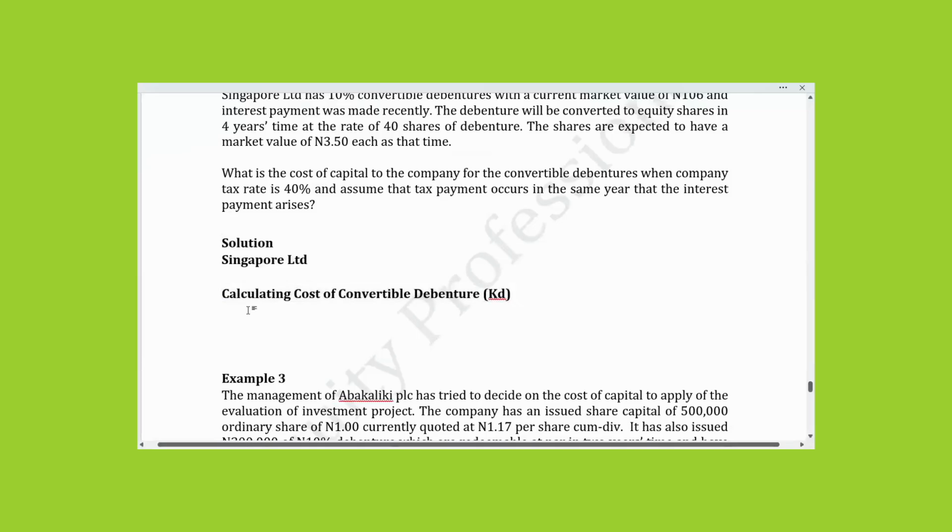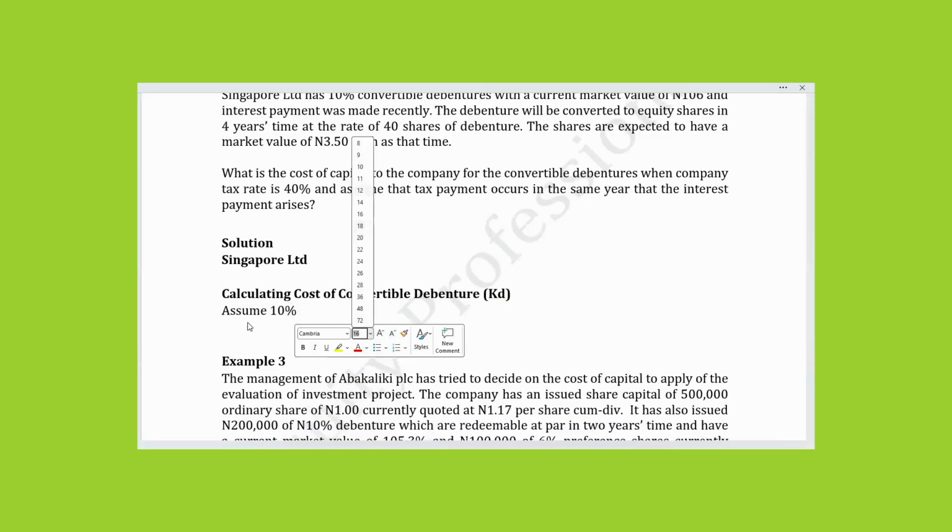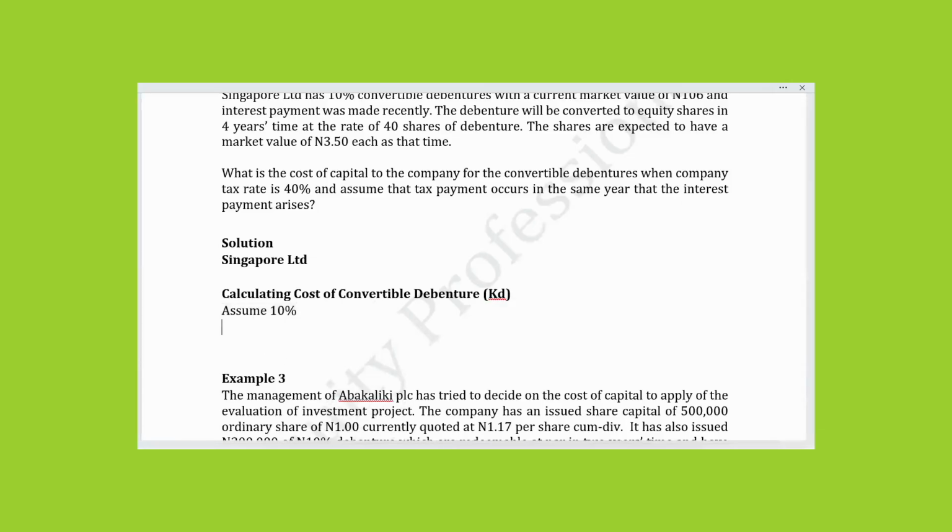So remember, we said that the first step you are going to do is to assume two discount rates that will produce a positive and negative NPV. Therefore, anytime you want to calculate internal rate of return, you are the one that will assume the discount rates to be used. That's one of the limitations of internal rate of return. All right, so let's start with 10%. So we then use this 10% to calculate